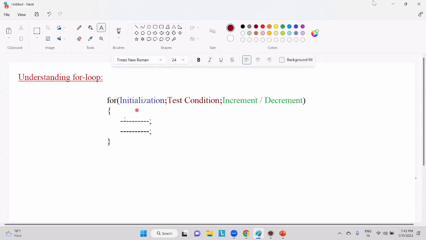After executing this increment or decrement operator, again it will check the condition,